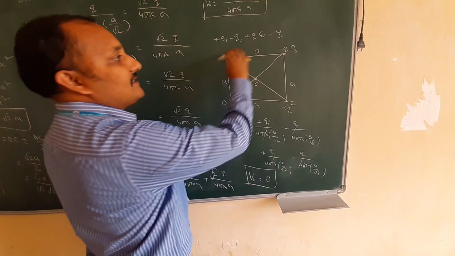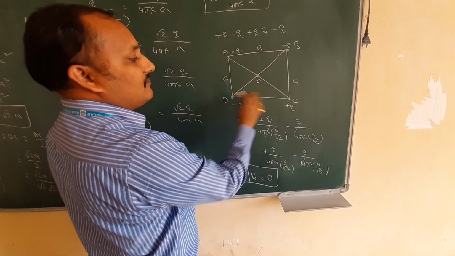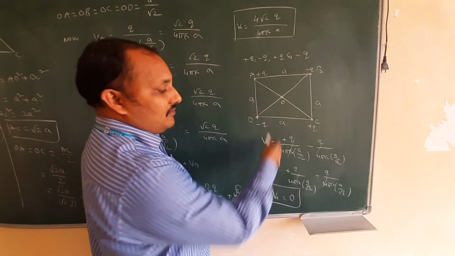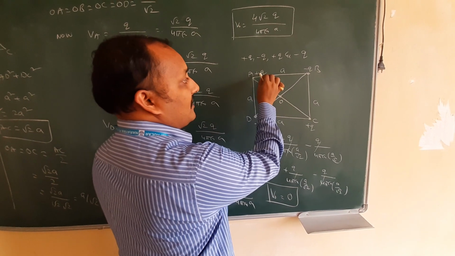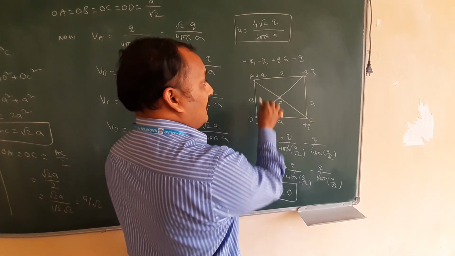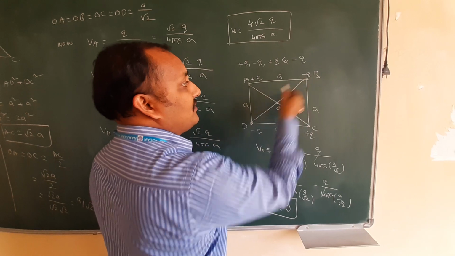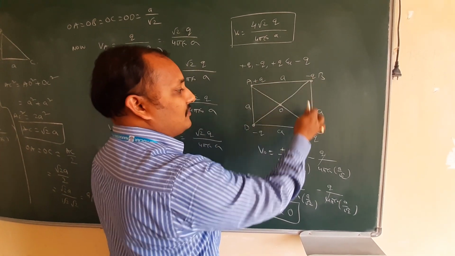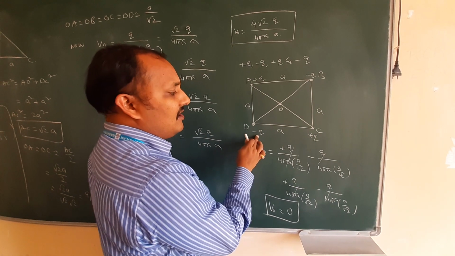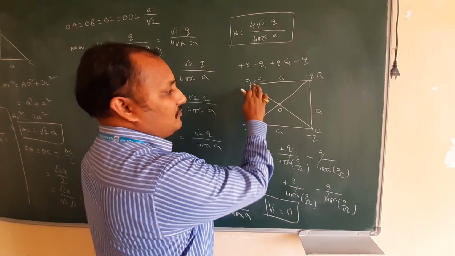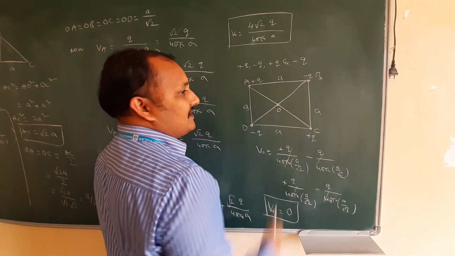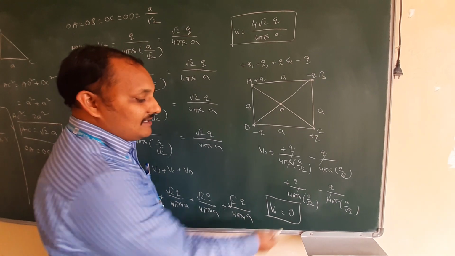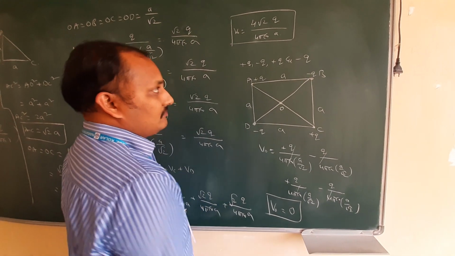So if all charges are equal in magnitude but two are opposite, then always the resultant potential at center will be 0. You don't need to do the entire problem, directly you have to remember. If all charges are equal in magnitude, and two charges are the same and the remaining two charges are opposite. If these are not equal, like one is Q, one is minus 2Q, plus 3Q, minus 4Q, then it will not become 0. 2 equal and 2 opposite charges, but all having the same magnitude, then the resultant potential is going to become 0. Okay.